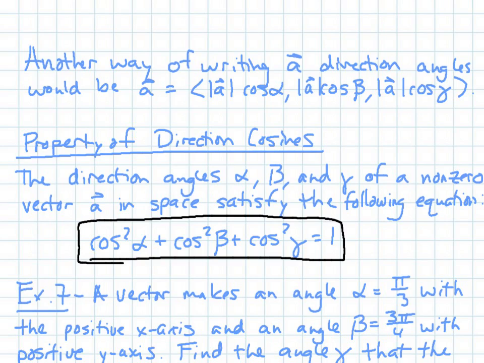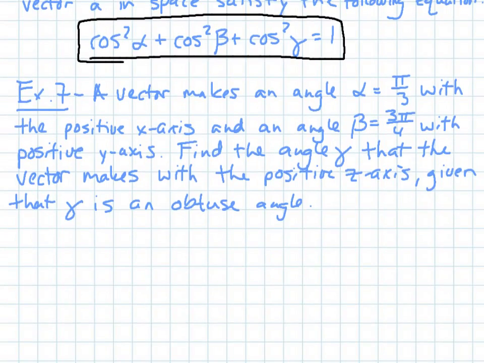So if you have that fact, let's say we're given two angles. Alpha is pi over 3, beta is 3 pi over 4, and they're along the positive x and positive y axis. Then they want you to find gamma along the positive z axis, but gamma is an obtuse angle. So using this formula,